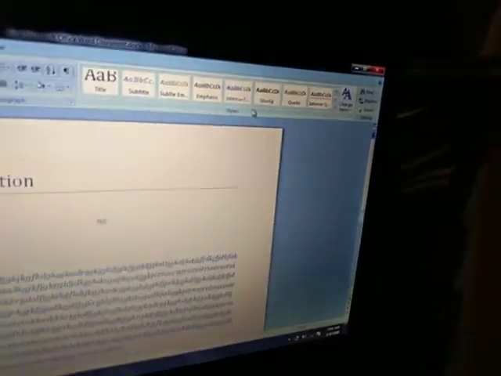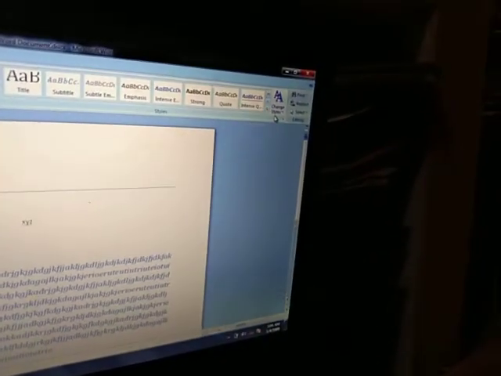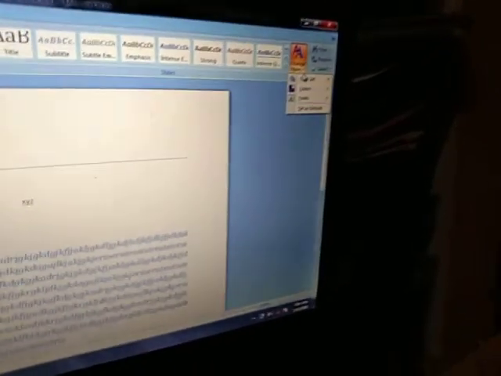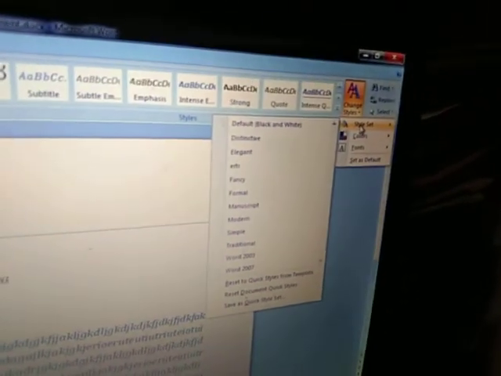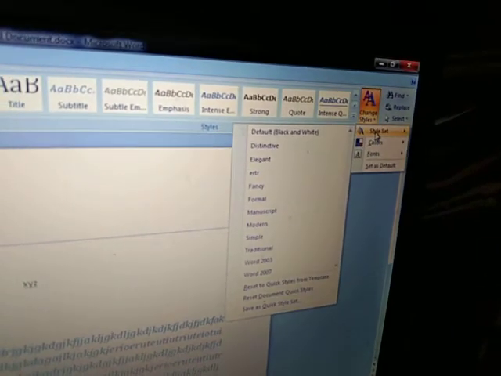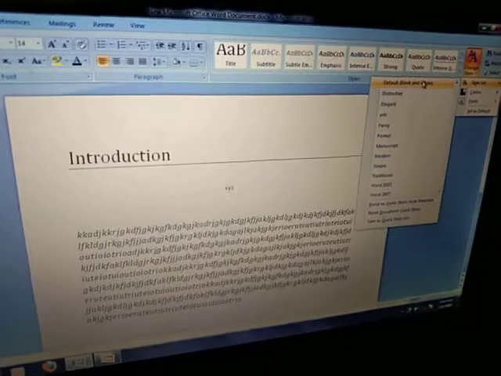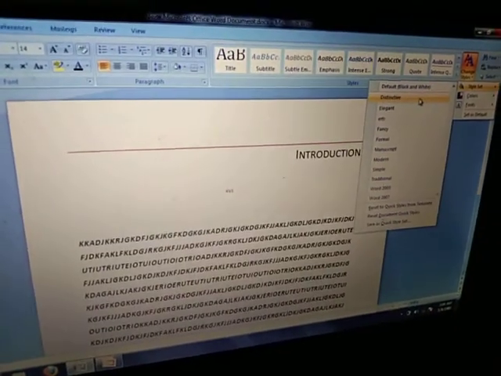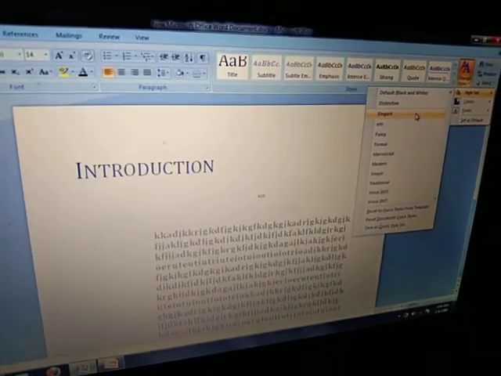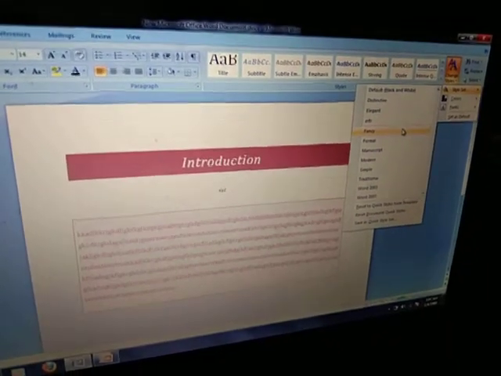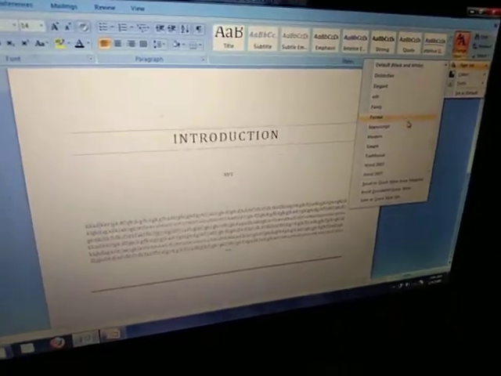Home tab, which group? Styles group. In this, click on this Change Styles option. Click. And here is our option, Style Set. Click. And here are so many style sets. When you select any style set, you will check the difference, that it will be applicable on all 3. Look, it will make the changes in all three without selecting.